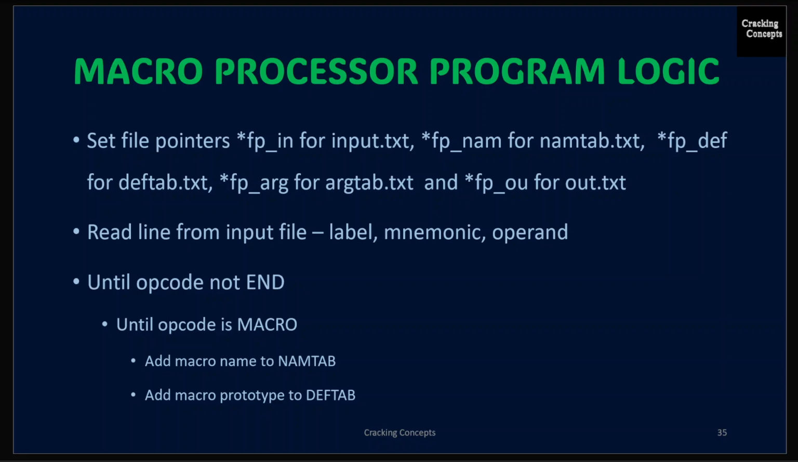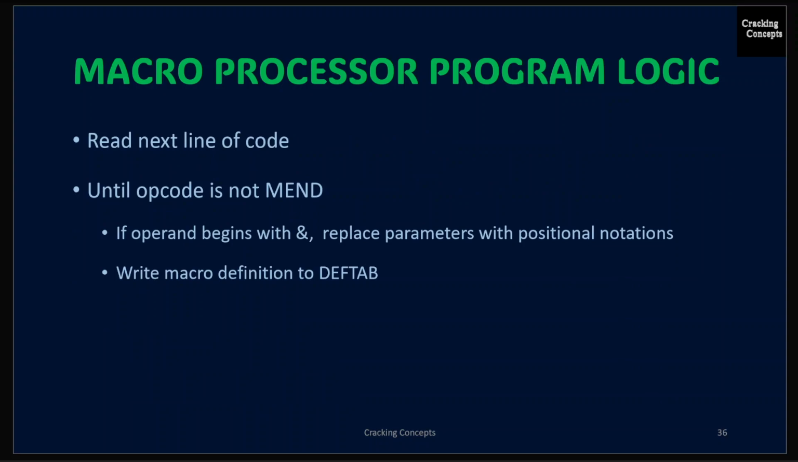Now if the opcode is a macro, then we take the macro name and add it into NAMTAB. We take the macro prototype and add it into the DEFTAB. Then we read the next line of code and check